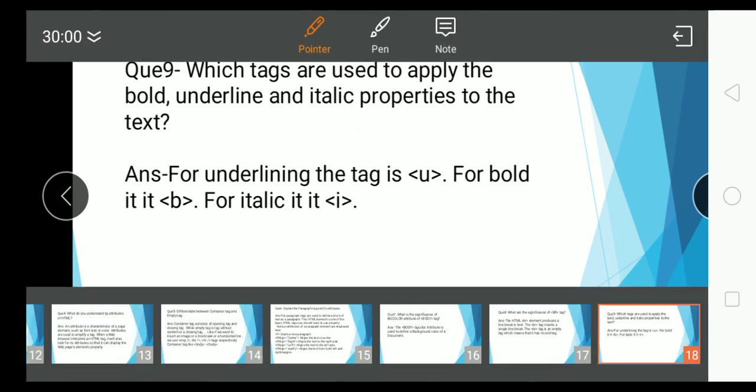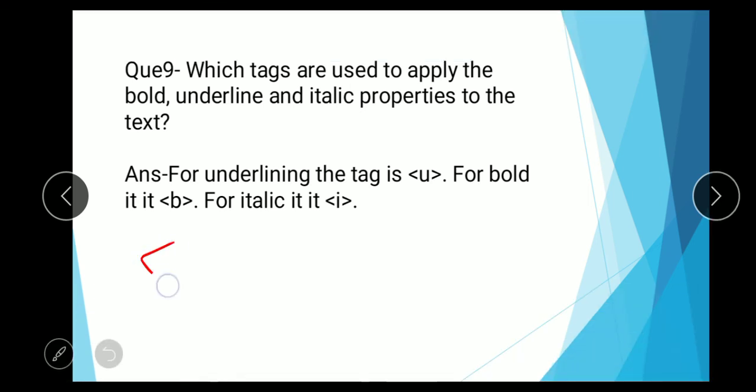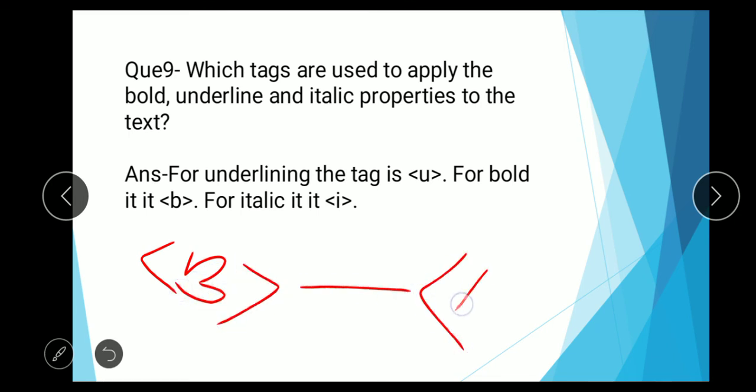You can understand better. Suppose you write B here, write some text and close B, because bold, italic, underline, all these tags are container tags.